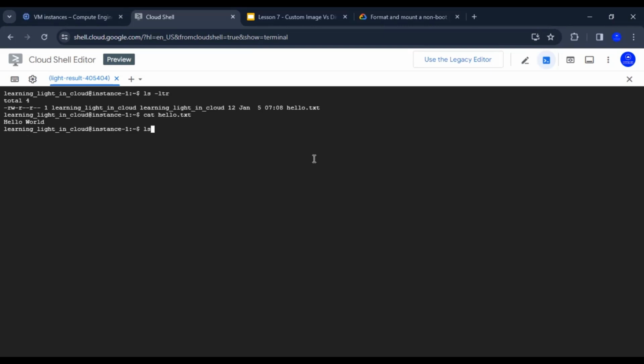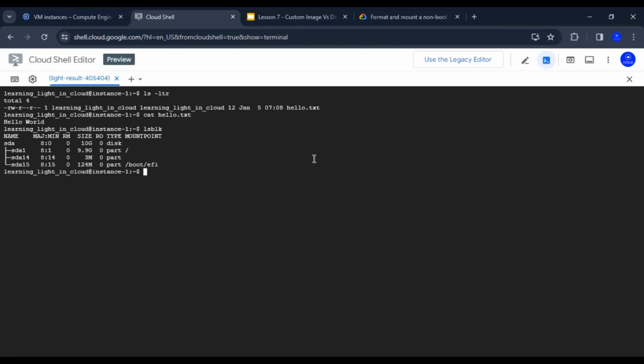But what about the disk? Unfortunately, we are having only one disk because we actually took the snapshot of the boot disk only. We did not take the snapshot from the non-boot disk. So only the boot disk got restored in this VM. So that's it for the